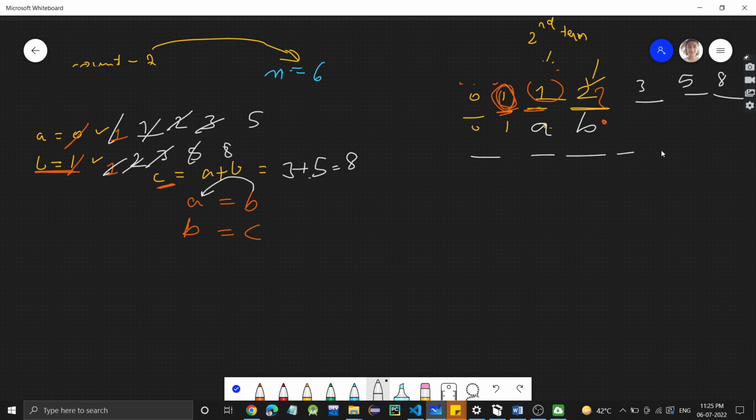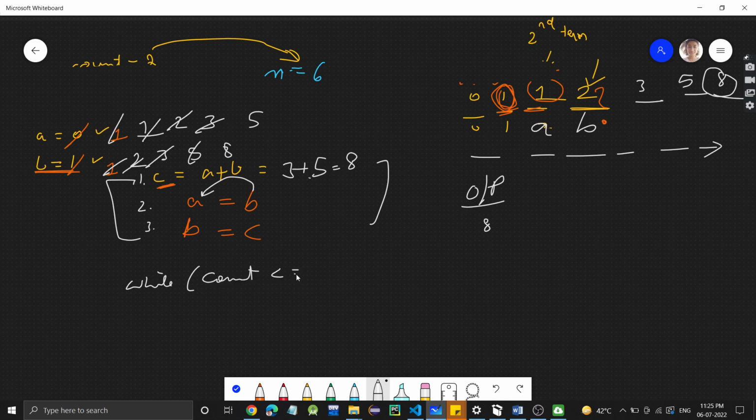So in this way, right, we can find all the terms in the Fibonacci series. So the sixth term will be, 0, 1, 1, 2, 3, 5, 8. So the output will be 8. Okay. So we will continue doing these 3 steps. This is the first step, second step and third step, until our count is less than or equal to n, right? Because we need to find till the sixth term. Once count becomes greater than n, there is no need, because we already found our term in C, so we will just return C.